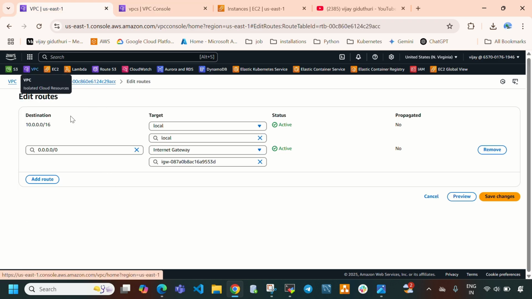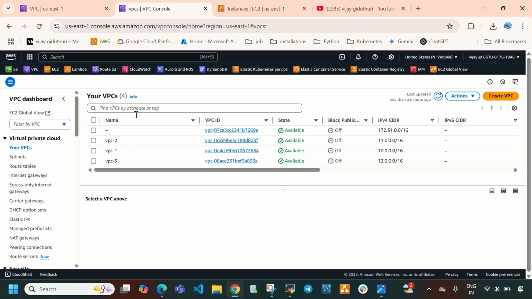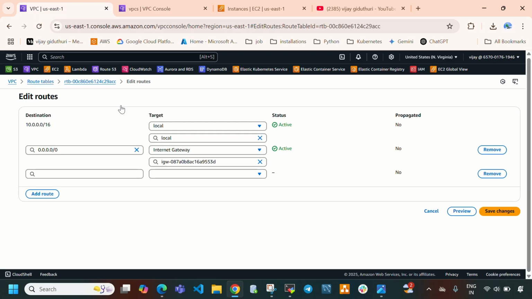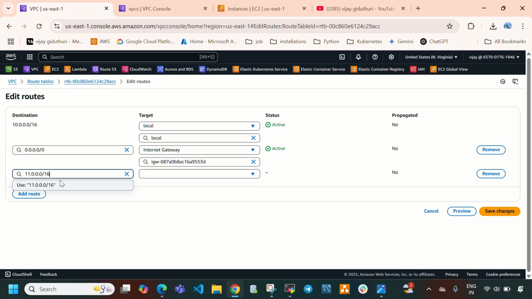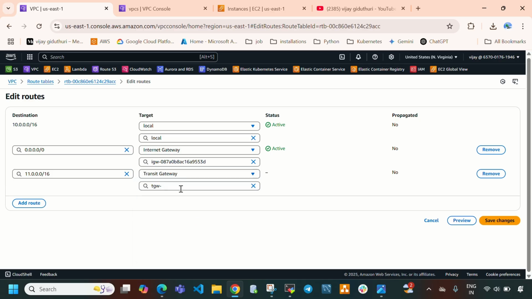Now this is a VPC1 route table. Okay. So now directly select your add routes and directly select your VPCs, and here you need to select VPC2 and copy this VPC2 CIDR. Okay. Copy this and come to VPC1 route table and update that CIDR here, and here through transit gateway you need to select the transit gateway we are going to establish communication. Okay. So directly select this.